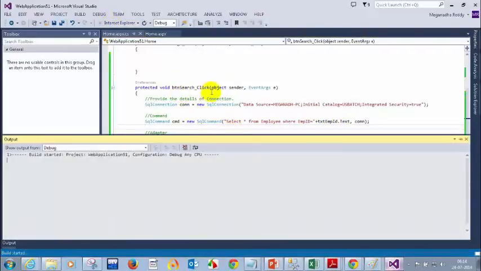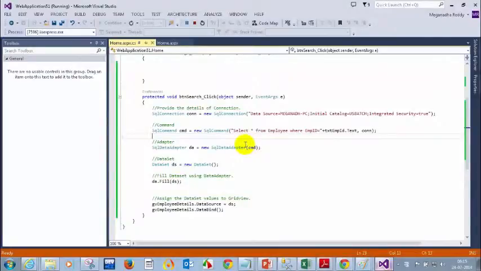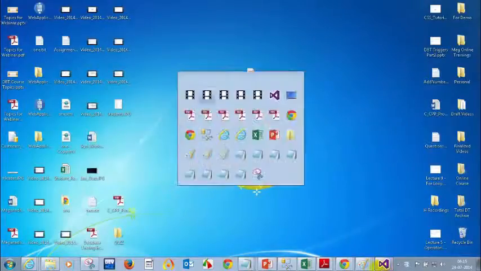So let me run this and see how it looks. I'm not writing select star from employee alone. I have a where condition now. See, now I have employee ID, and for example, I will enter 2 here and click on search. I will only see, did we get any records? Where employee ID is equal to. So let's see why we are not getting records. Let me put a breakpoint here. Whenever you are not getting the expected result, you have to debug it.